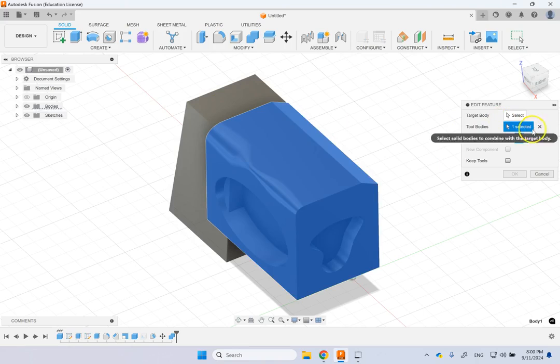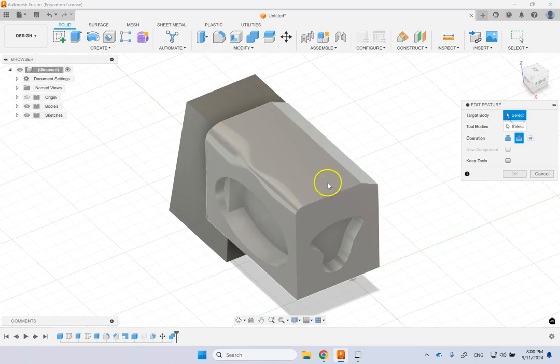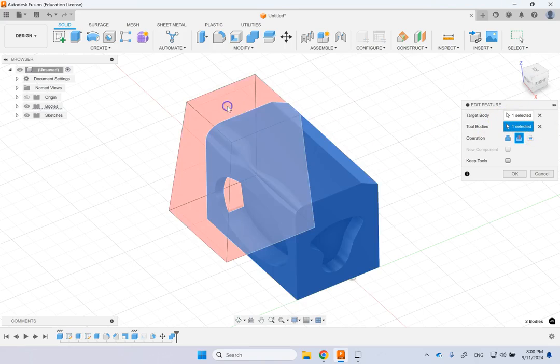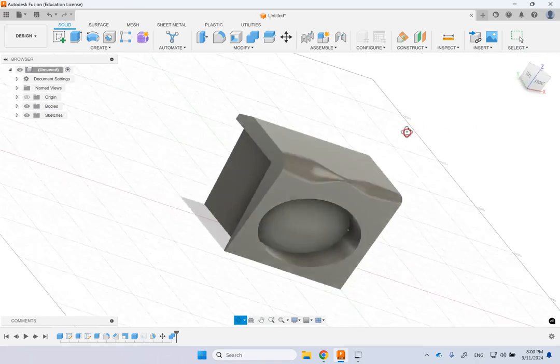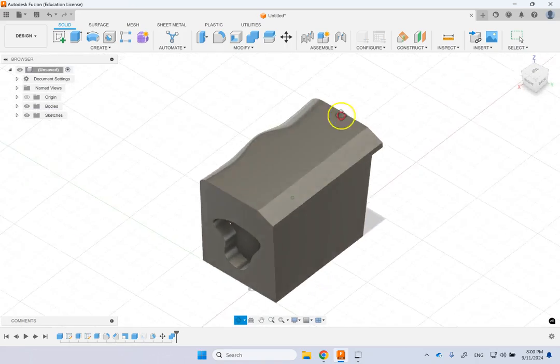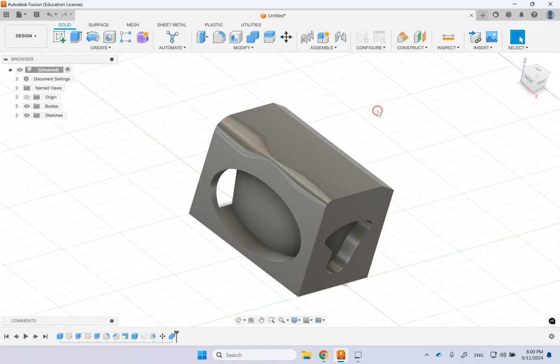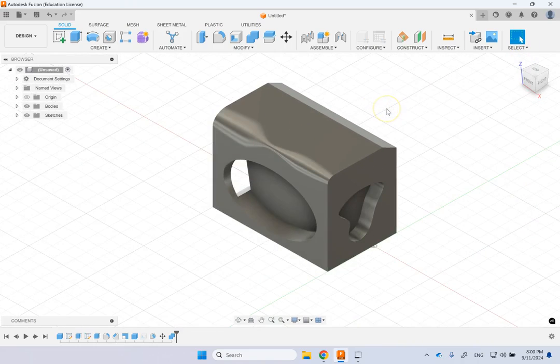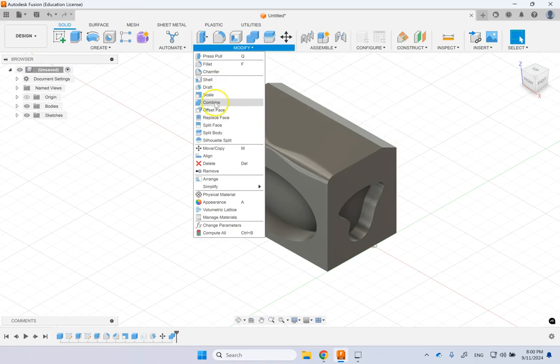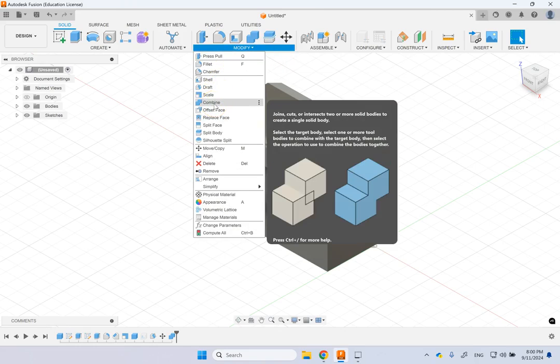So this is going to be my target body in that case. And then the tool is going to be this one, which is used for removal. And if I okay that, you see, that portion is gone through that drafted box, right? So the tool is the one that acts like a cut extrude, basically. Not extrude, like a cutting element. So these are the logical operators, which are very useful, and there are lots of